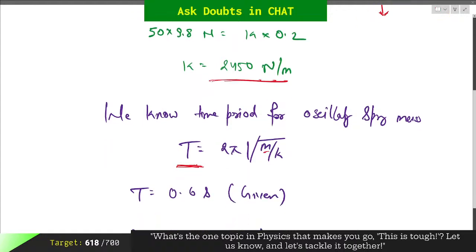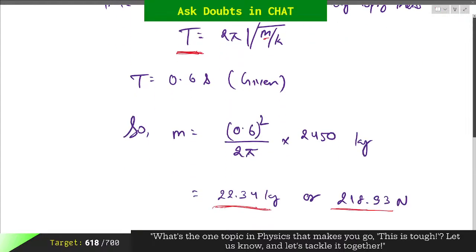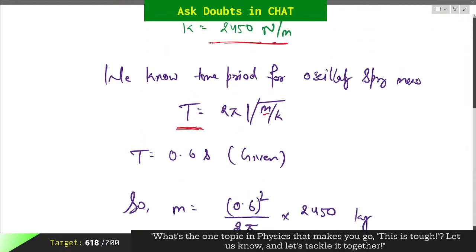Now we know for the time period of an oscillating spring mass, T is given as 2 pi times under root mass divided by the spring constant. So T would be equal to 0.6 second. Now once we have got the time period, we also need to find